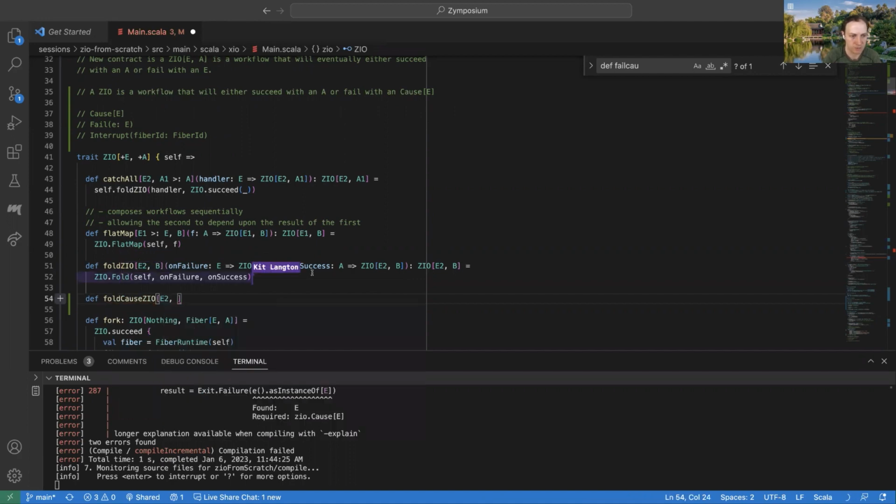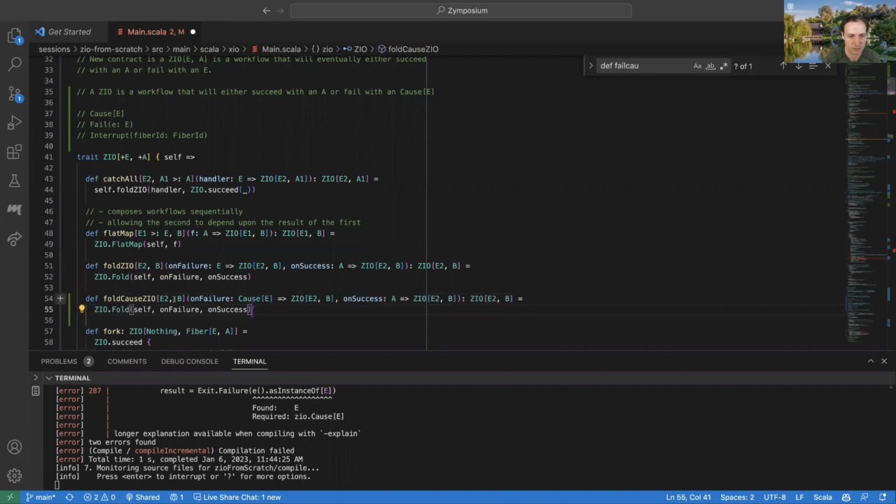If you use ZIO, most error handling operators have a cause variant of whatever operator it is. It's essentially the same signature, except that instead of taking the E, it takes the cause.